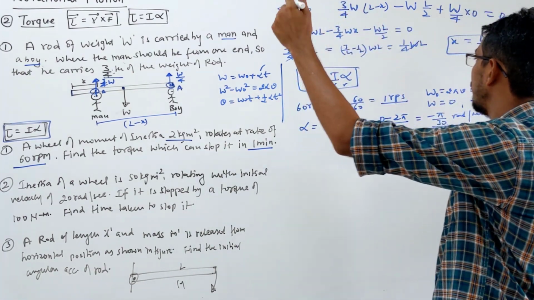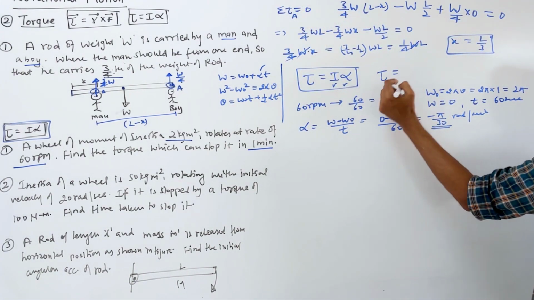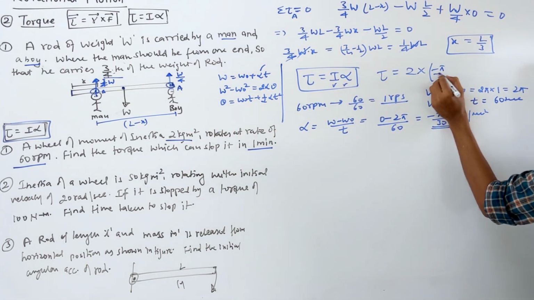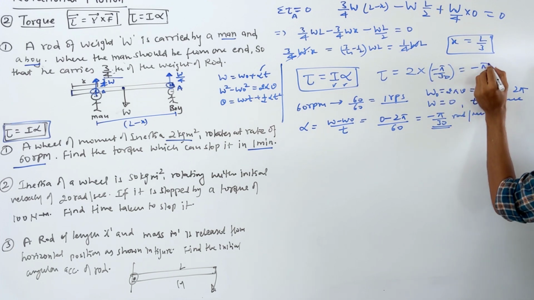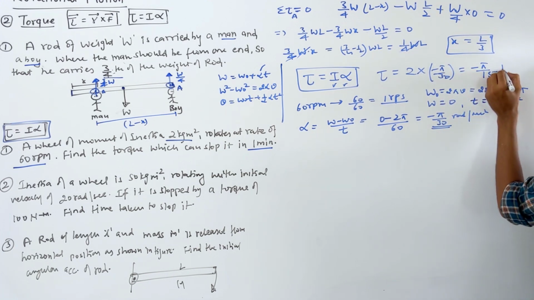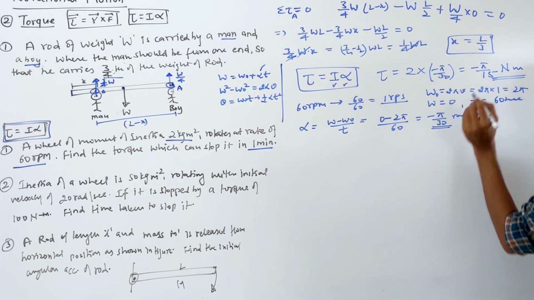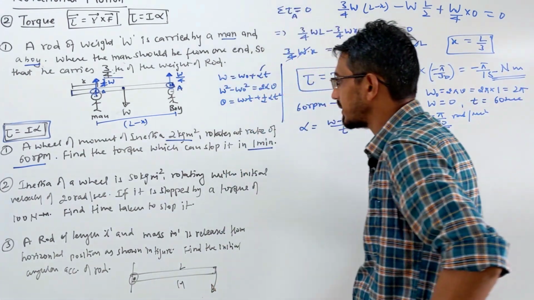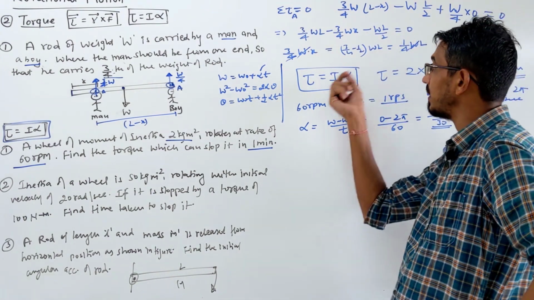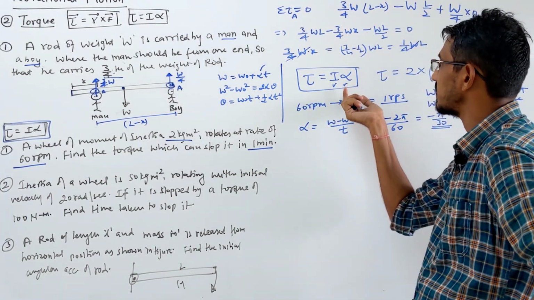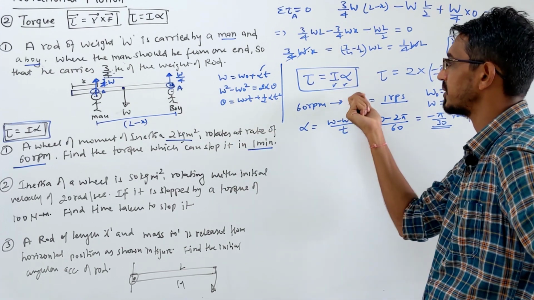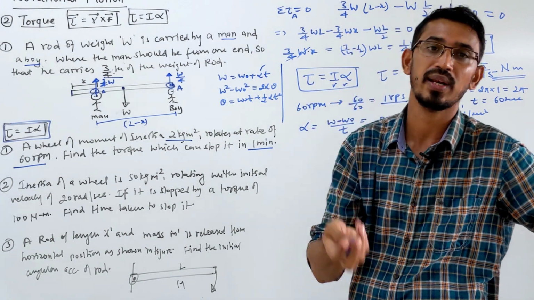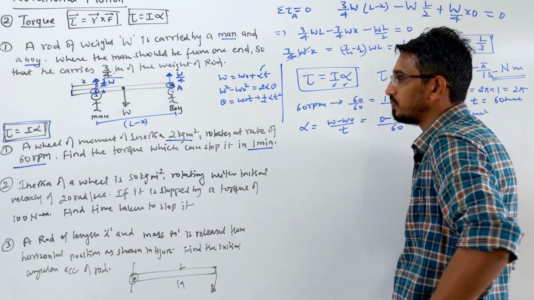So this is your torque now. What is torque? I into alpha. Inertia is given as 2, and this we found: minus pi by 30. So the answer becomes minus pi by 15 Newton meter. Okay, let's see one more example. In this type of question, where they ask for torque or acceleration, or torque is given, we can find acceleration, then use these equations to find some unknown like final velocity, initial velocity, or time.